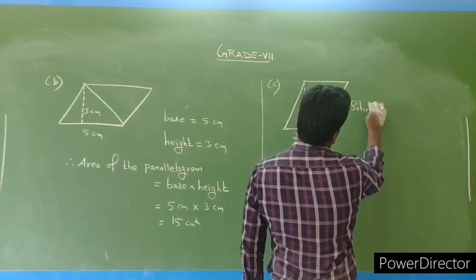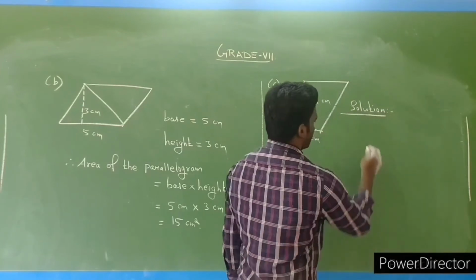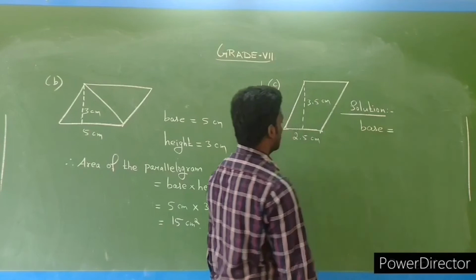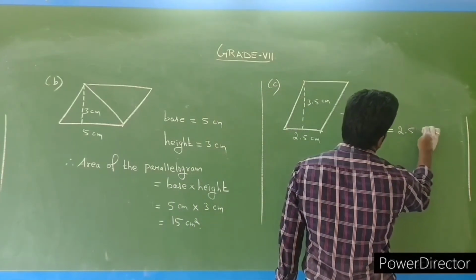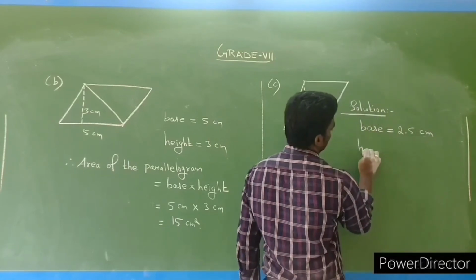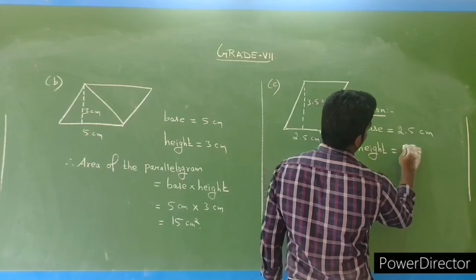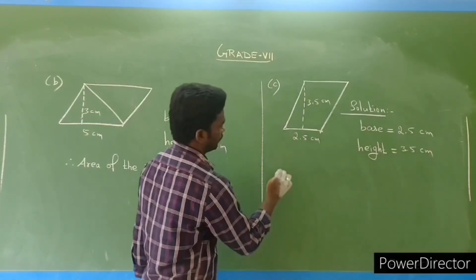So here base is equal to, what is the base value here? 2.5 centimeter. Base is 2.5 centimeter and height is equal to what is that? 3.5 centimeter. Therefore